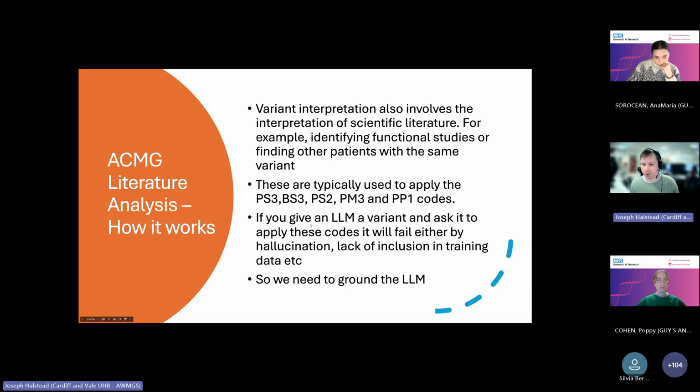So if you just went to a large language model, if you opened ChatGPT or Claude and just gave it the variant and said, apply these codes, it would do a terrible job. It might hallucinate. The paper's probably not in the training data because it might only have been published last month, for example. Even when you get it to search the web, it doesn't have access to the kind of tools it